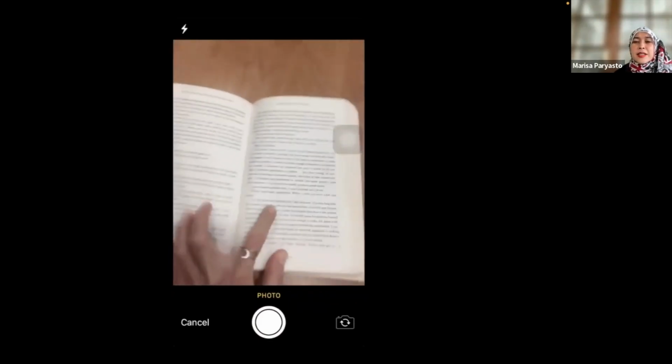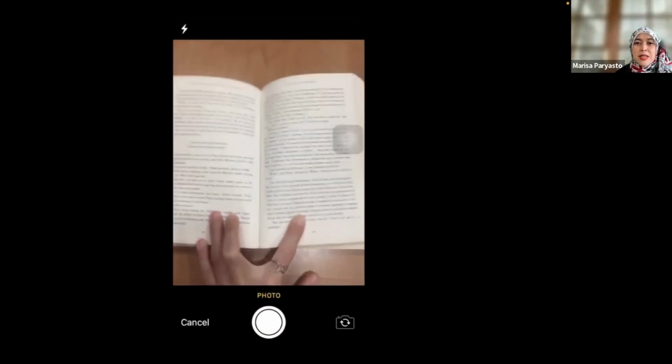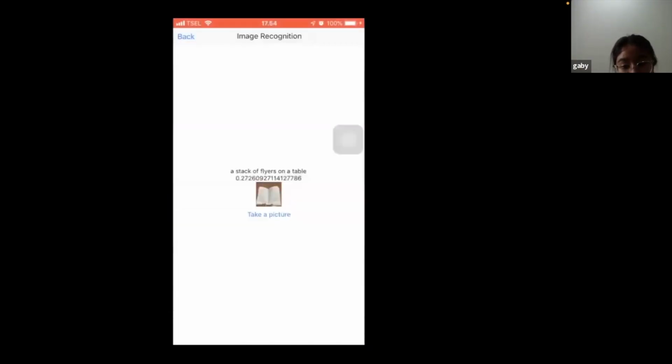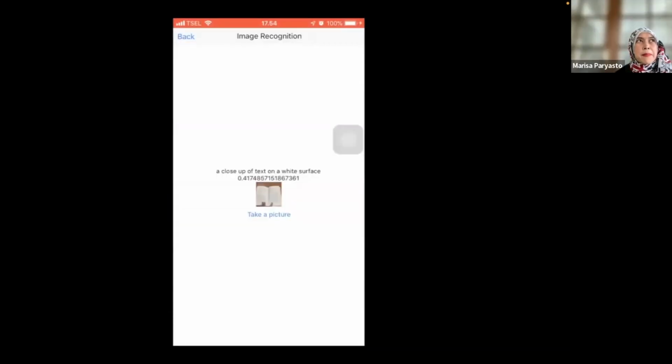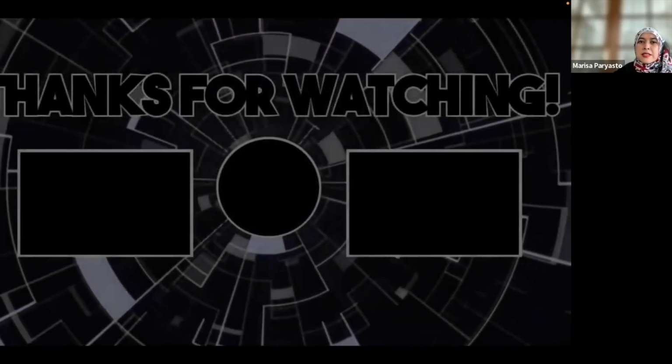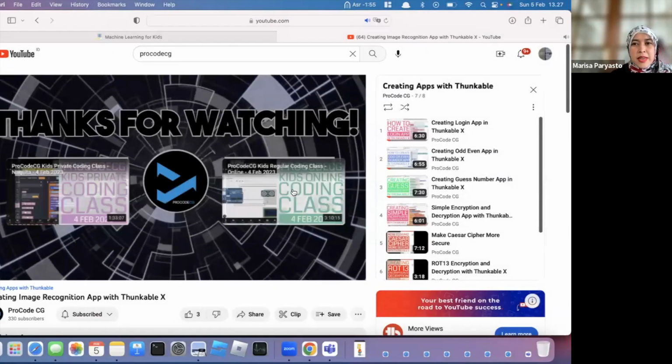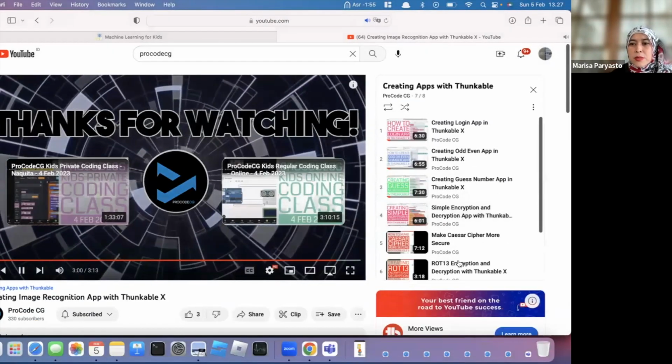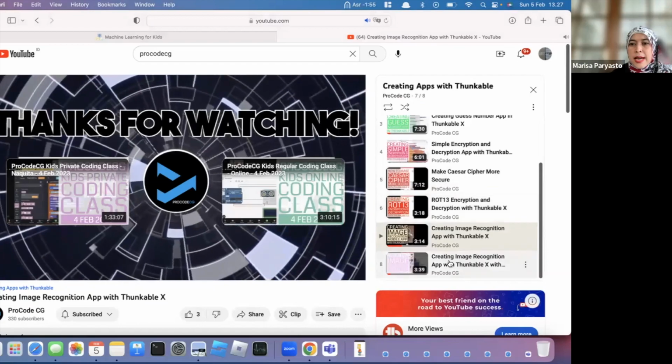So this all can be done by coding with Thunkable, with some API or library from Google. So it is good. And one thing, we can also add some